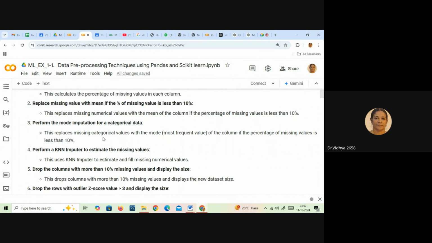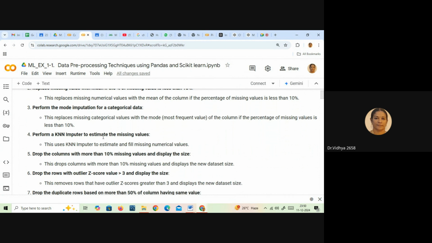Okay, so next one, perform KNN imputer to estimate the missing values. This KNN imputer will calculate the missing value from the neighbors, n neighbors. That is the k nearest neighbor imputer. This particular imputer will calculate the missing values from the nearest neighbors, and after that the missing value will be filled by the imputer's estimated value. Okay, then